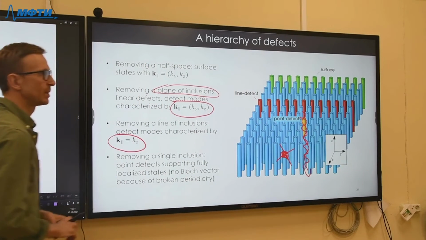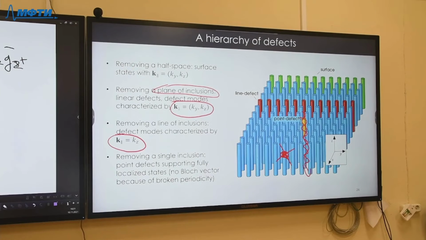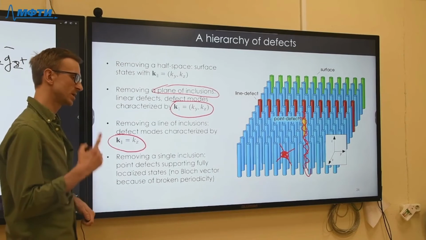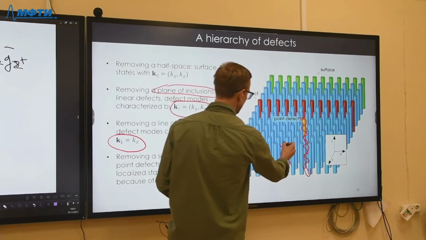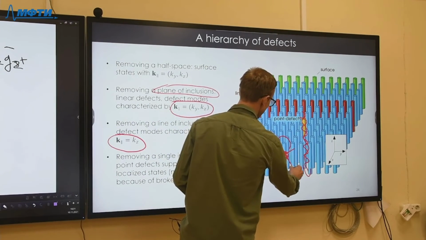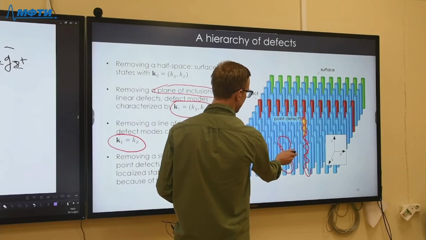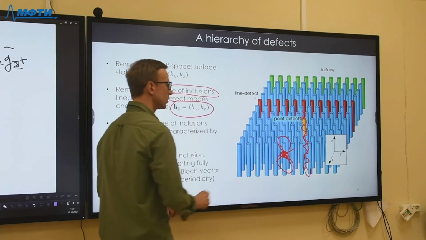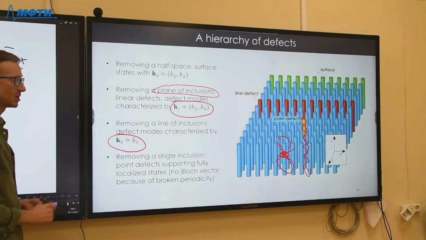Now the system lacks any periodicity. It is not periodical on X, Y, or Z, and so Bloch's theorem is not valid at all. And as a result, the system doesn't support any Bloch states, but what it can support is certain resonance residing exactly at the site and perfectly localized in all three dimensions, because it simply cannot propagate